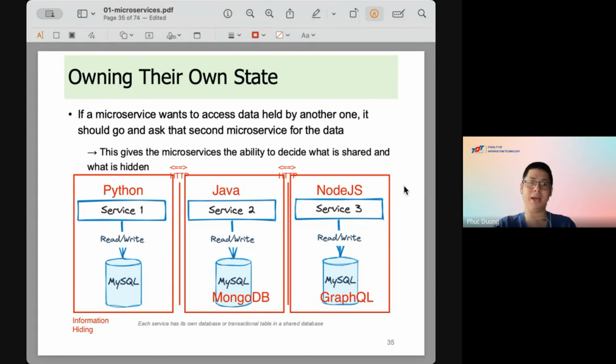And you allow each service to communicate with each other by using HTTP methods. And when you combine the terminology together, you are approaching the microservice architecture. Okay, so this is some kind of design for your midterm or your final project, and in the future for your software or your system. Okay.